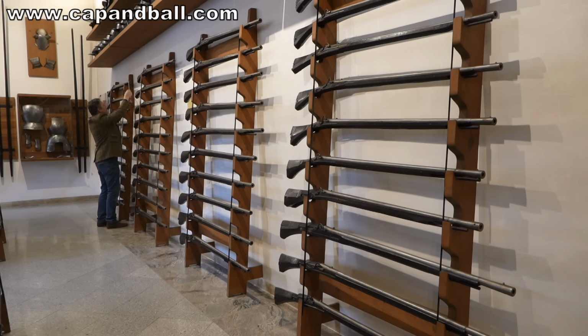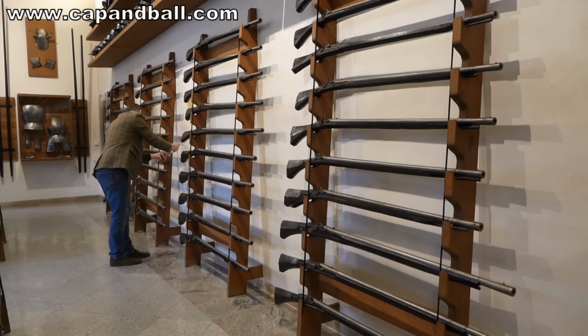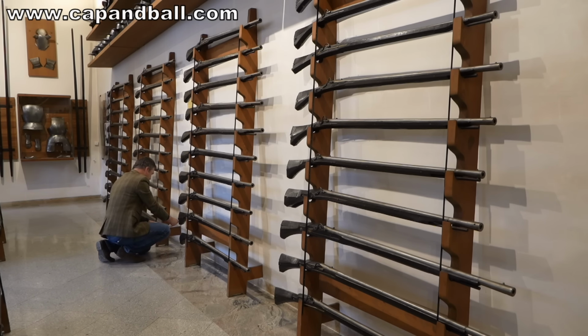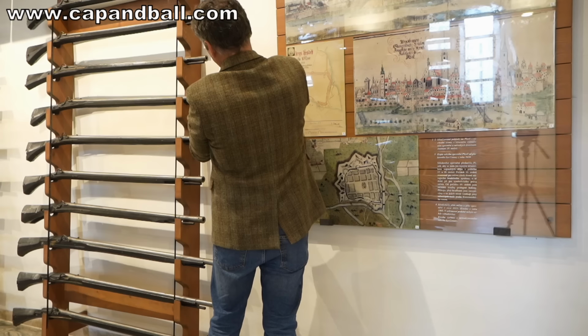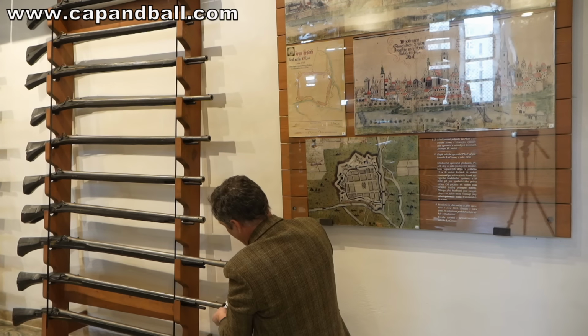Point five. Now these guns are very important for our research because there cannot be any argument about their dating, and they show the characteristics of the firearms parts found at the Mohács battlefield at the village of Moés. There cannot be a question whether they are military or not. 15.1